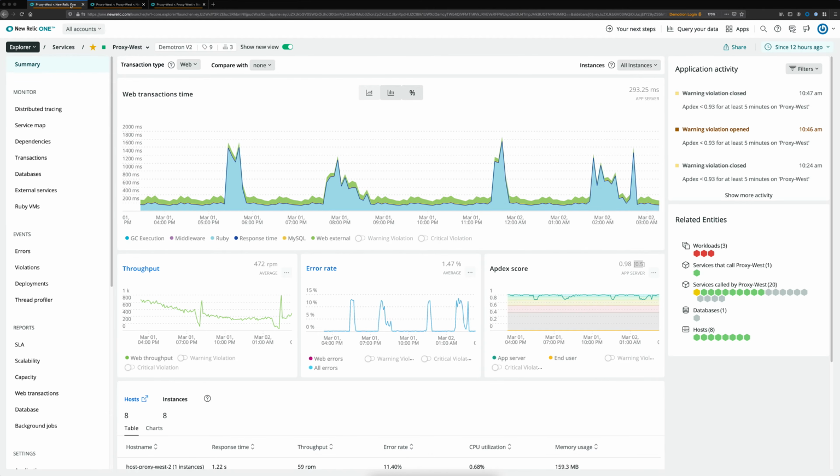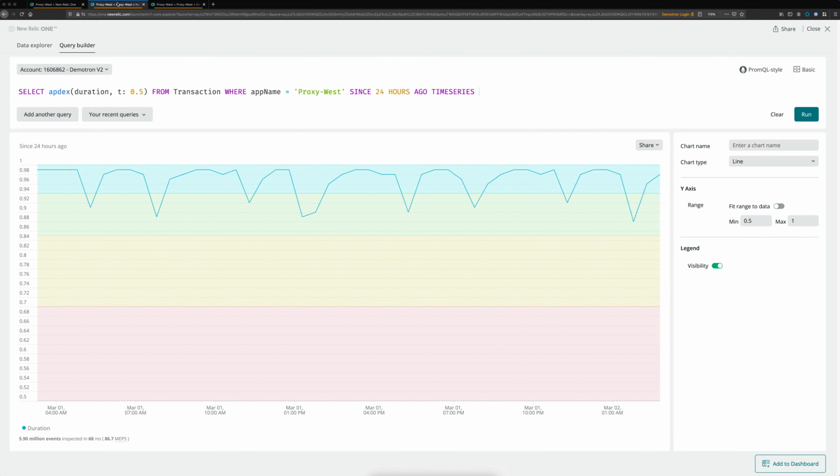And so in this case, if we look at this application with our average response time here of 293 milliseconds, a threshold of 0.5 may be too high. It's unlikely that an increase in response times is going to go 4 times that 0.5. It may go 4 times that 293, but it may not go 4 times that 500 milliseconds. And so we may need to set our threshold to a lower value to get out of this blue zone and into this green zone where we want to be.